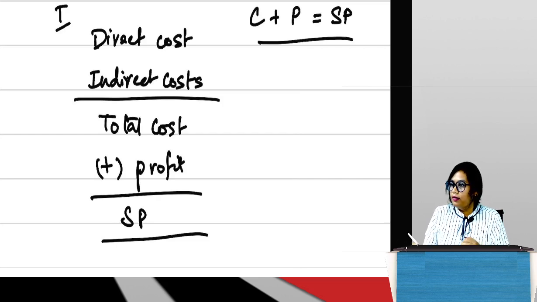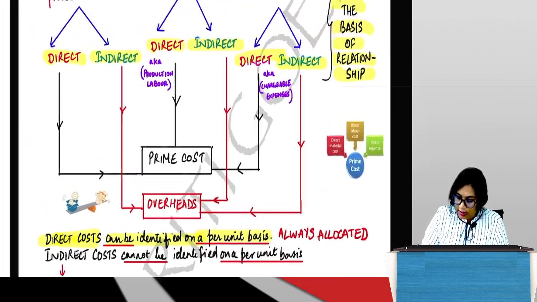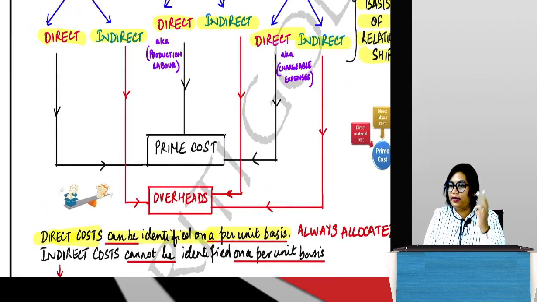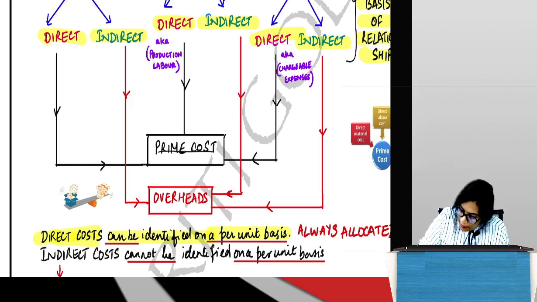Now, there is one terminology that you need to understand. So, can I move on? Everyone's written? Okay. So now, see here we have direct material, direct labor, indirect labor, direct expenses, indirect expenses. If I club all my direct costs together, what will come under that? Direct material, direct labor, direct other expenses, right? All these are direct costs. If I club all of them together, guys, that is called prime cost.